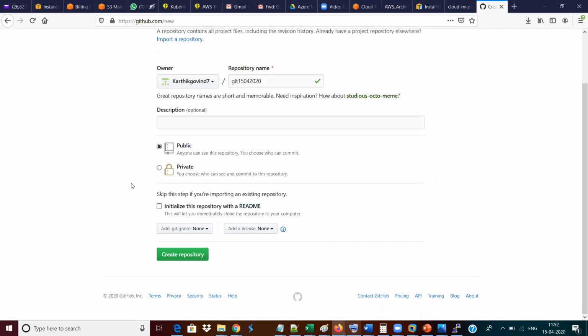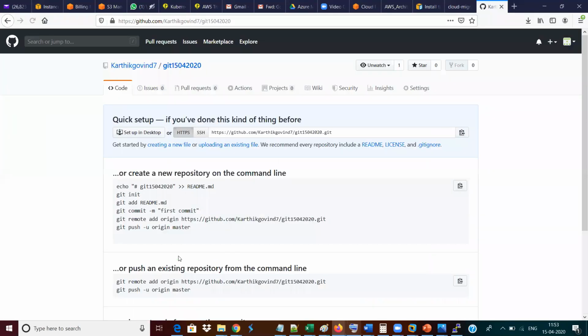If you save anything in public, anybody can view it, but they cannot edit it. But if you save private, nobody can edit and nobody can even view it. According to the security measures for your product, you need to go ahead with public or private. In industry, definitely they will go ahead with private only, because all their coding data is important and needs to be kept in an appropriate location. But I'm going to create a simple public repository with today's date as the name, 15/04/2020.